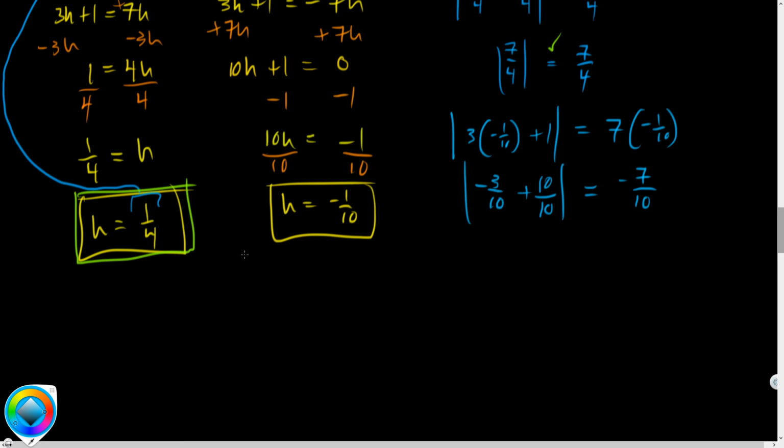And actually, you might already get suspicious right now. 7 times negative 1/10. All right. It's all right. Sometimes I make mistakes, so I need you guys to always be checking my work. Negative 3/10 plus 10/10 is 7/10, and